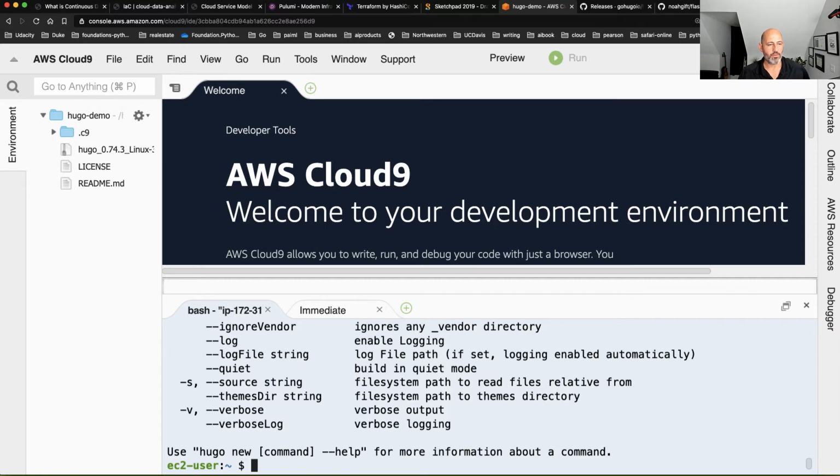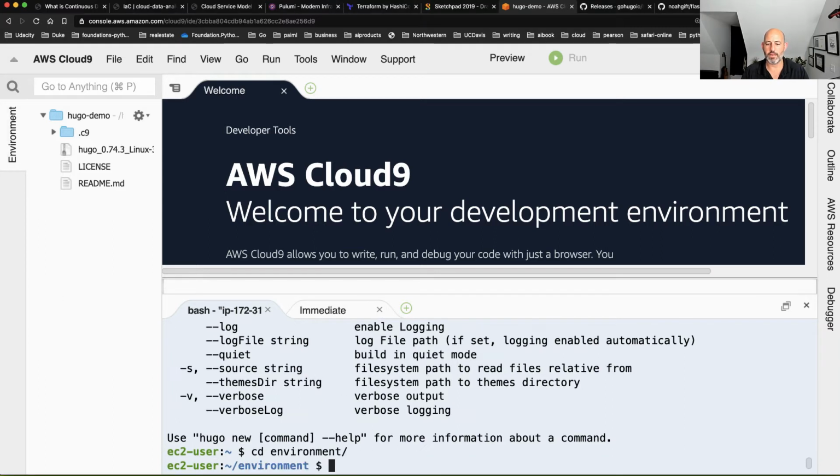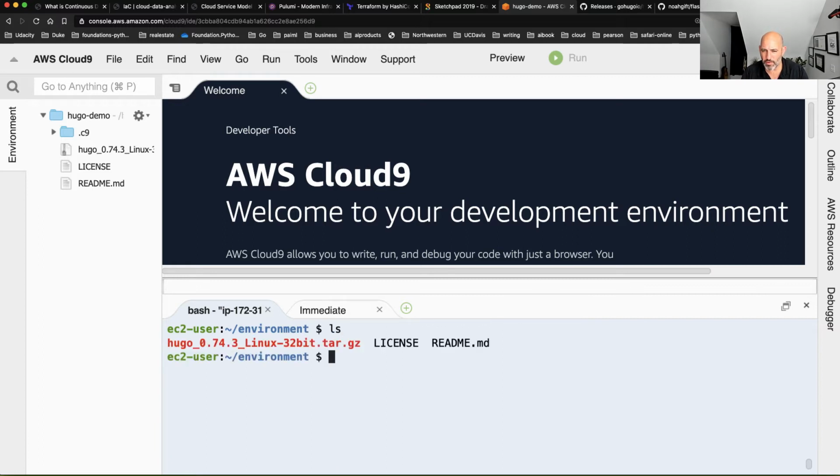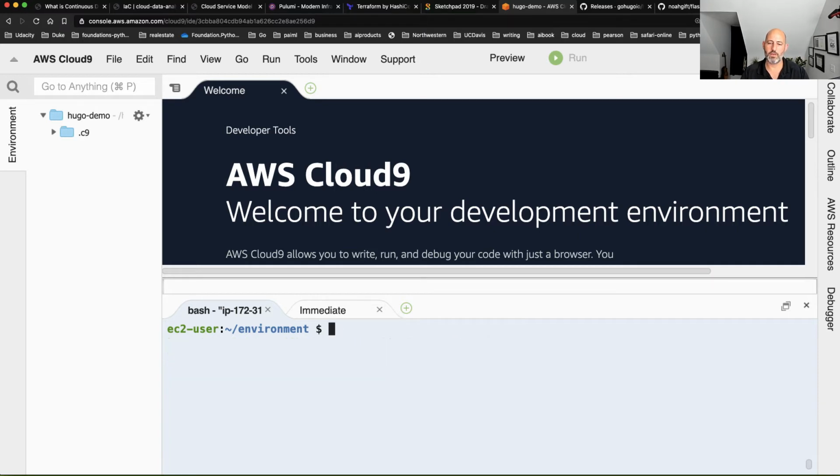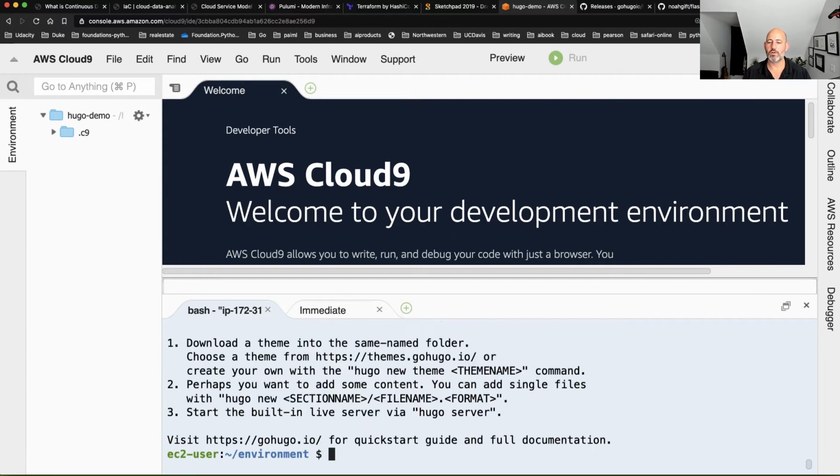So the way I will do that is I will type in hugo new site quickstart. So let's go ahead and first get into the environment here, and I will just remove the rest of the stuff because there's a bunch of noise. So remove all this with rm -rf. You want to be careful with rm -rf, but hugo new site, there we go. And you can see it puts this directory here. It's a bunch of files.